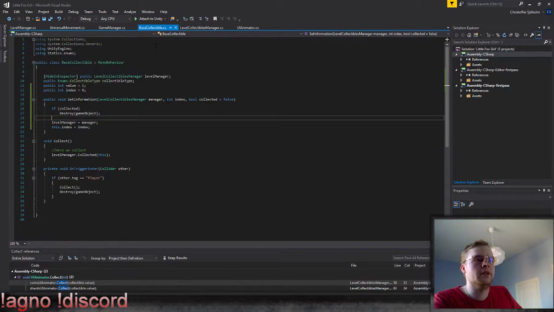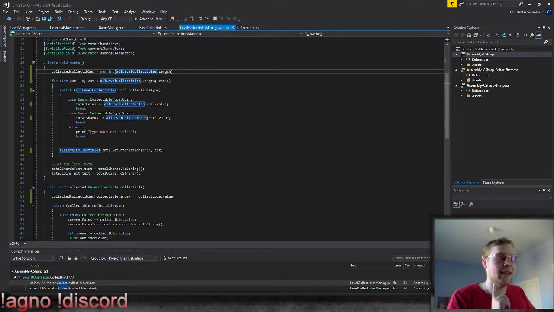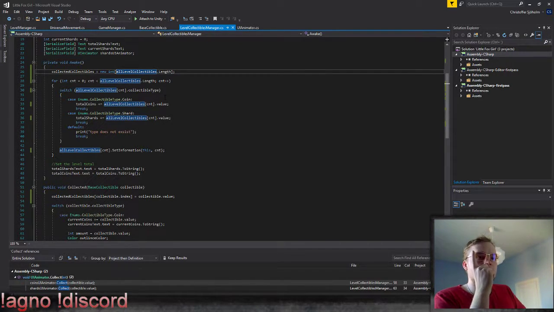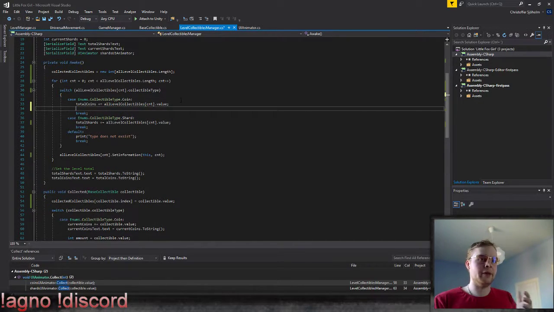Let's go into base collectible again. We don't need this. This one is just gonna be gone now, because this is not gonna handle this itself. It's only gonna know the index. That's the only thing you need to know. Instead, in here, we're gonna do inside of these cases. Total coins can be added. Then it checks if